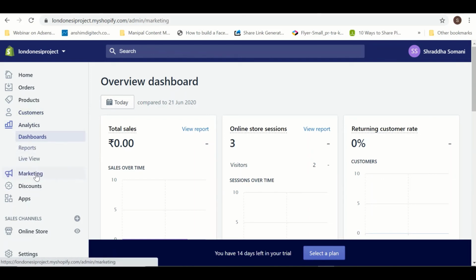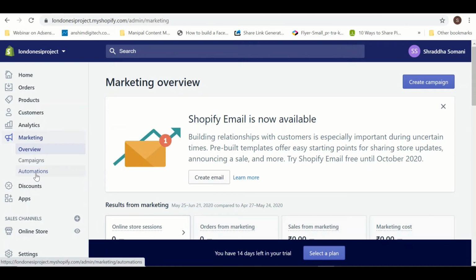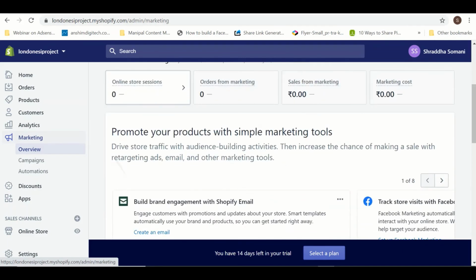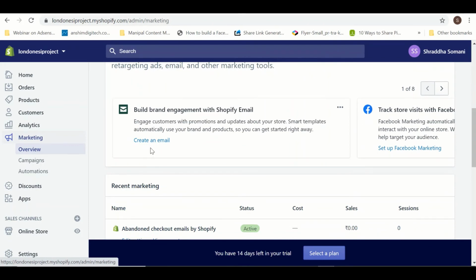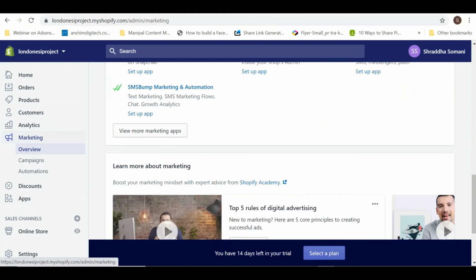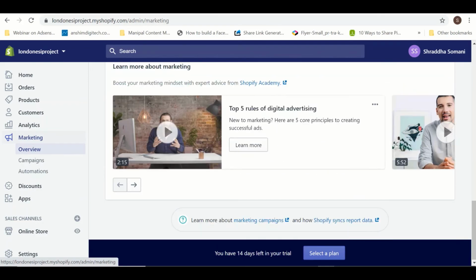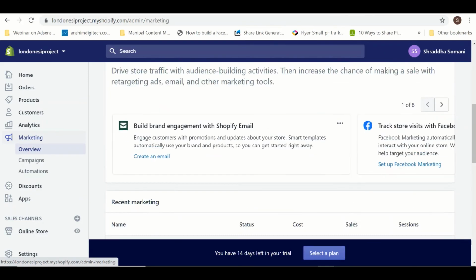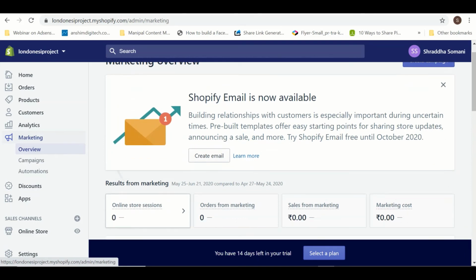Then you have some marketing tools also available. What are the marketing tools to boost my performance? I need to do email marketing, right? I can do that. If I want to send bulk mails, I can do that. For promoting, I can add the marketing apps if I want.